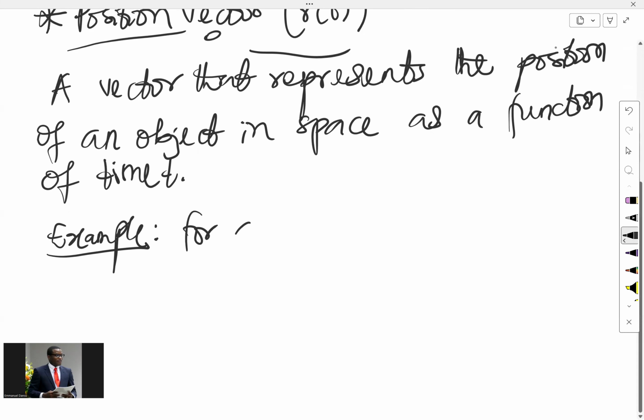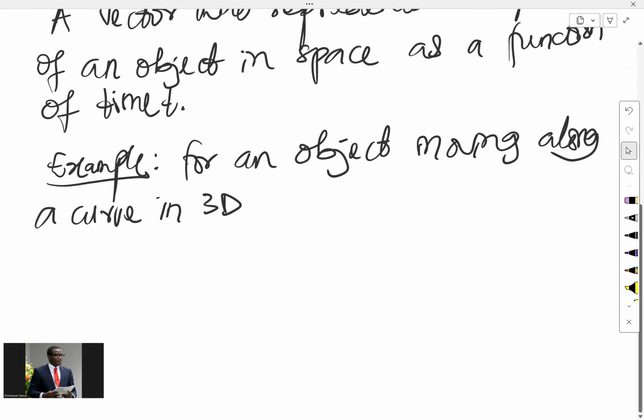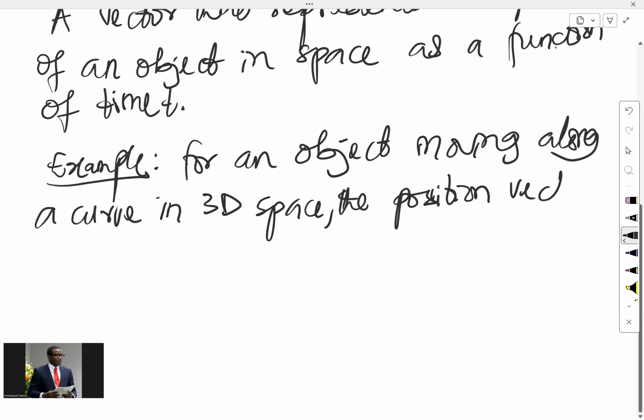So a good example is this. For an object moving along a curve in three-dimensional space. Of course, when we say three-dimensional space, we're talking about x, y, and z axis. In three-dimensional space, the position vector can be given